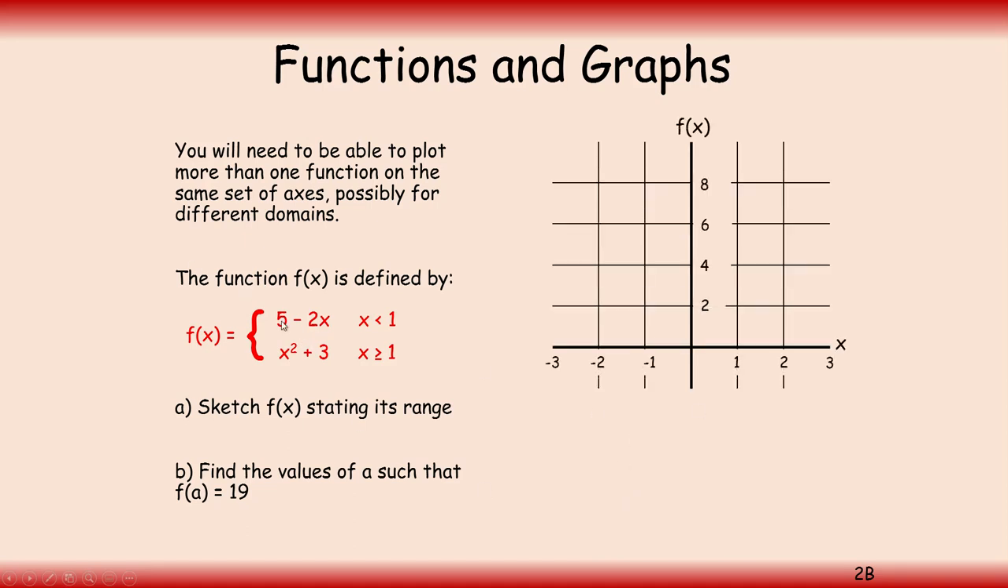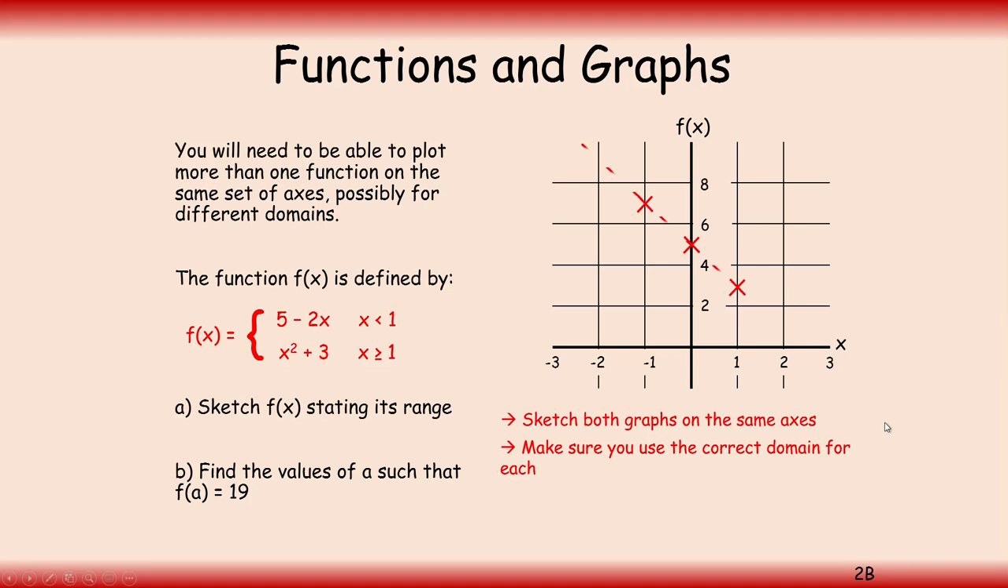So, sketching our straight line, y equals 5 minus 2x. It's going to intercept the y-axis at 5, and it's got a negative gradient of 2. So sketching that. That's our straight line, 5 minus 2x, for values of x less than 1. And for values of x greater than or equal to 1, we've got our x squared plus 3. So at 1, that function is going to give us 1 plus 3, which gives us 4. At 2, it's going to give us 4 plus 3, which is 7. And so we've got our curve going upwards from there. So that's what our two functions look like